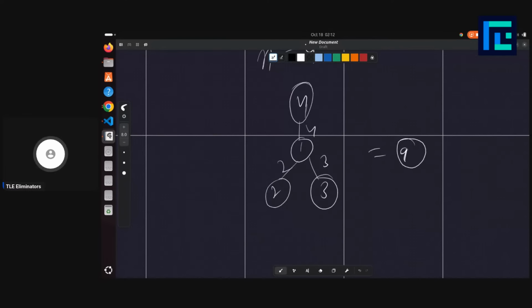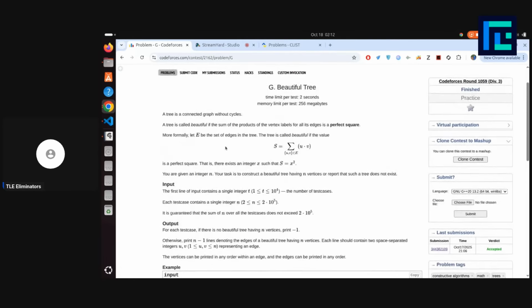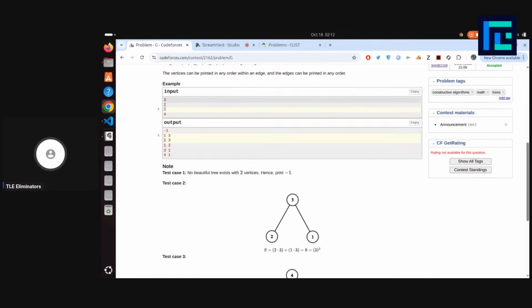Like they have gotten this 9. So 9 is a perfect square. So this is the tree, which is fine. Like if you have n equals 4, then you can print this tree and it is fine. And for n equals 2, it is not possible. If n equals 2, then the answer is -1,